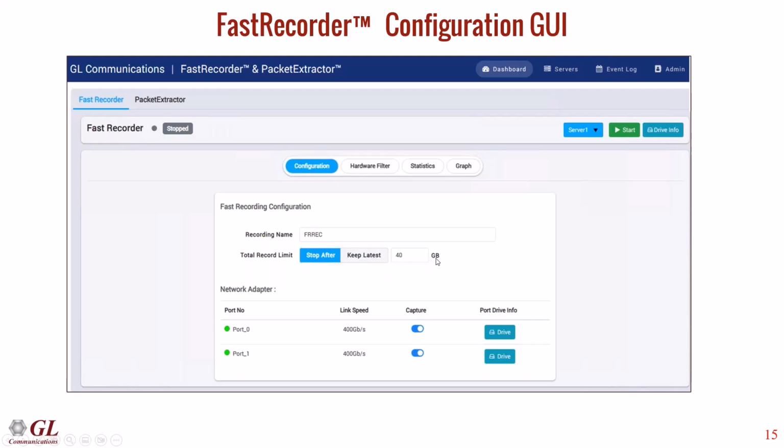You have the option of stopping the recording after a certain number of gigabytes is captured, or you can choose the keep latest option, which essentially does a circular buffer, so it'll keep the latest X number of gigabytes that you choose to record. And that record limit is based on the total number of NVMe SSDs that you have